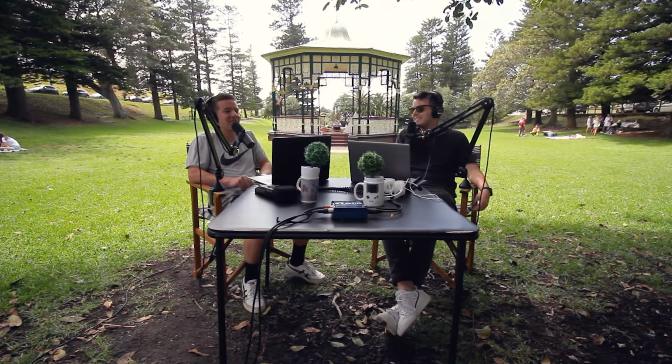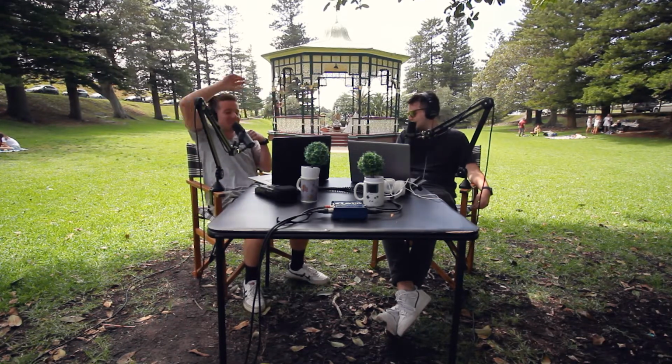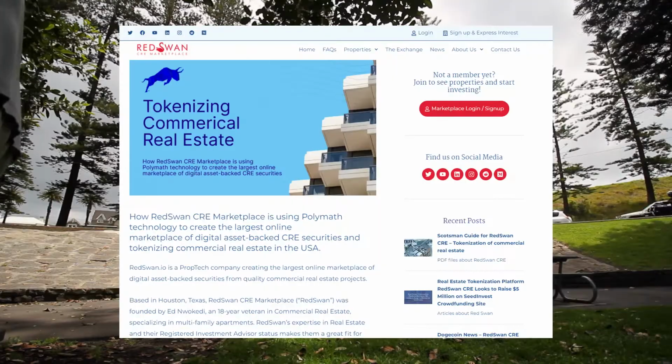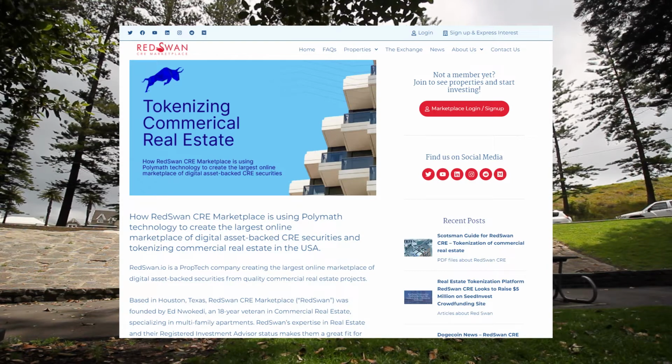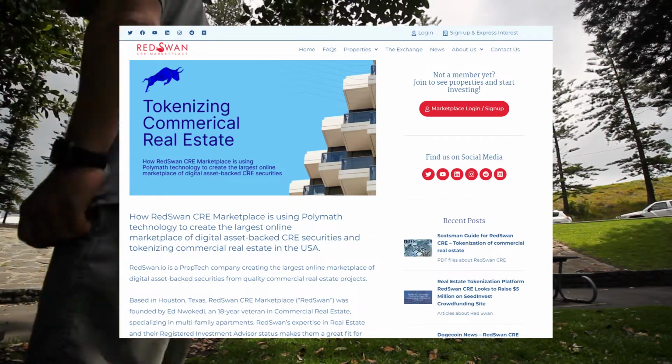And so the company is creating the... Wow, there it is. Sorry, small spider. The company's creating the largest online marketplace for digital asset-backed securities from quality real estate projects. Cool. All right. Okay. And so they're based in Houston, Texas, founded by a guy named Ed. Who cares about him? The liquidity... So that what they want to do is provide liquidity to